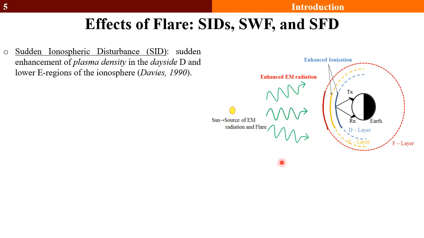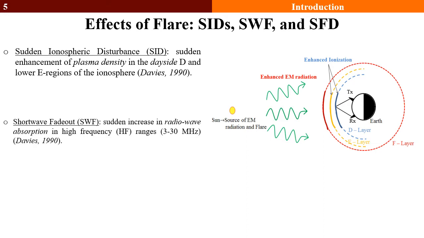Solar flares produce sudden ionospheric disturbance. Now, what is sudden ionospheric disturbance? A sudden ionospheric disturbance is the enhancement of the plasma density on the dayside D and the lower E region specifically. So here is the schematic that shows how it's happening. Here is the sun, and it shoots out the intense EM radiation during a solar flare that enhances the lower part of the D region and E region, and that is commonly known as SIDs, or sudden ionospheric disturbance, and it creates